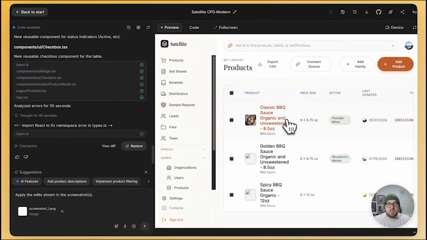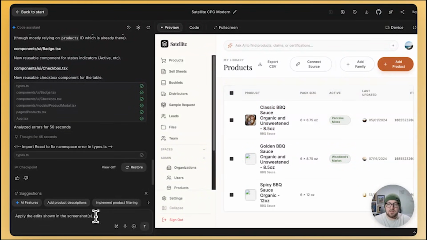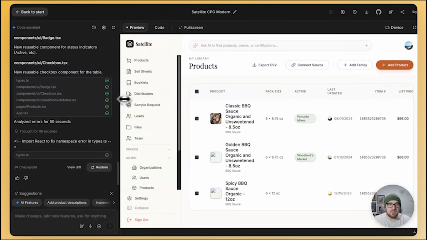So now we have a different view of the products. And it looks like we have a little bit of a bug because we can't actually scroll. So what we'll do is we'll use the annotation to basically say that we can't scroll. So the other thing is, let's see how this, great. So if we say